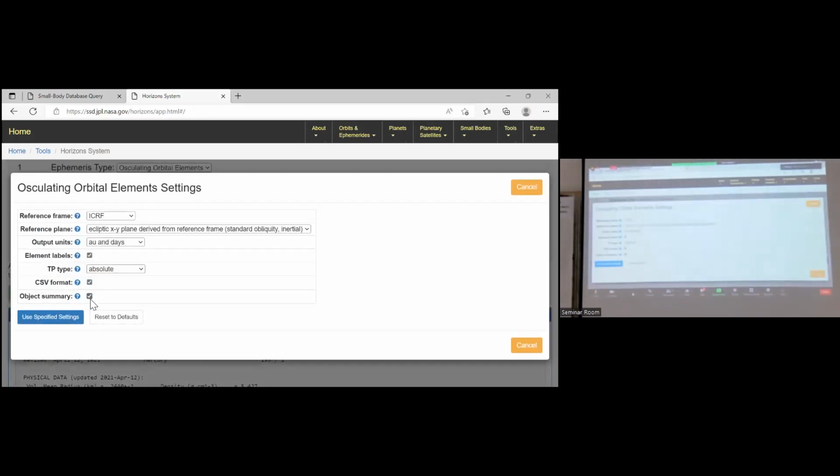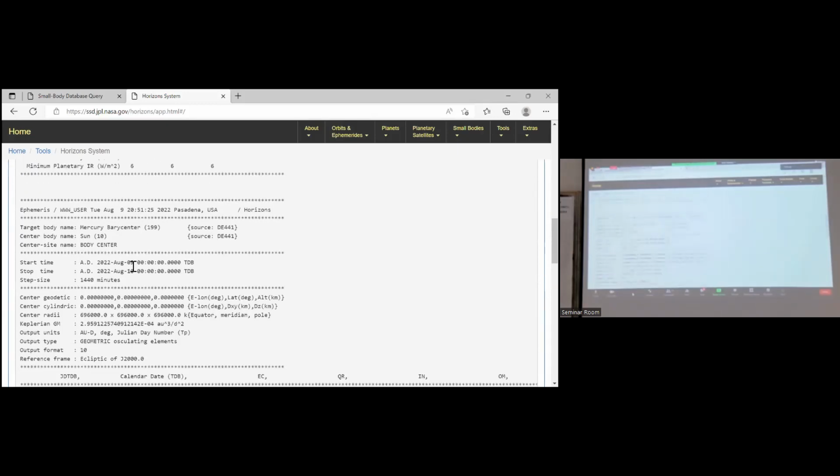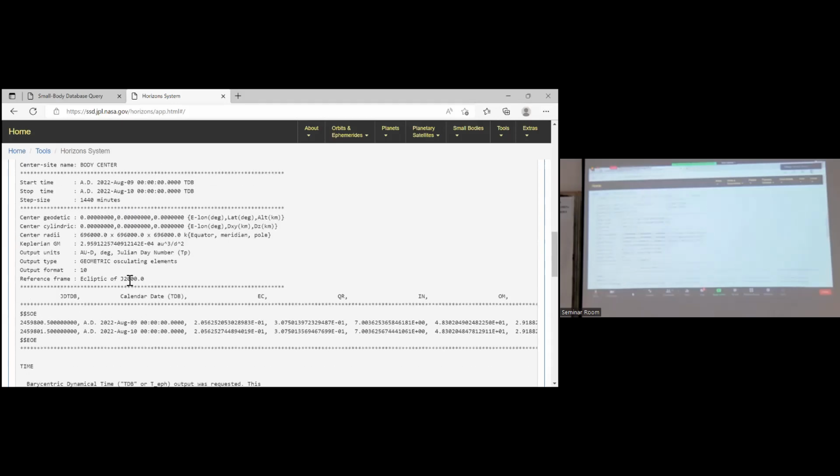Object summary. Okay. From 9 August to 10 August. You will have the same number, okay. Oh, sorry, 0.5.